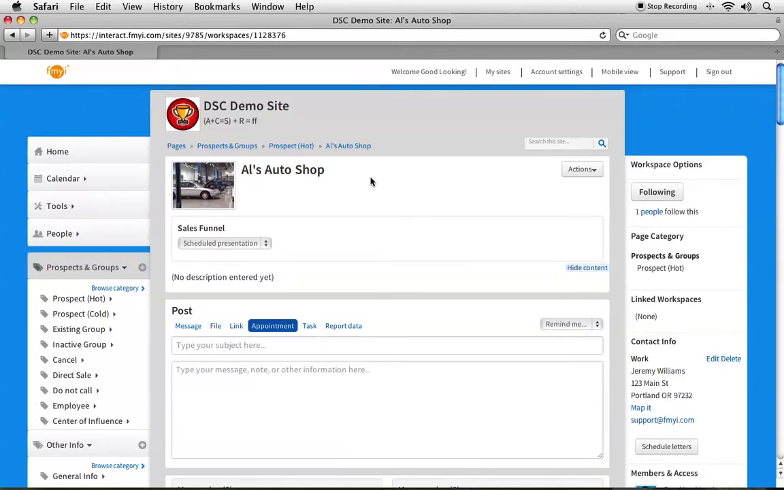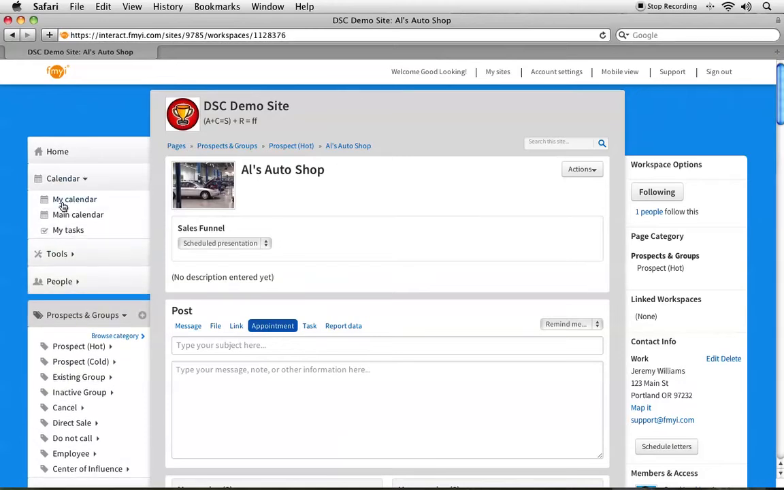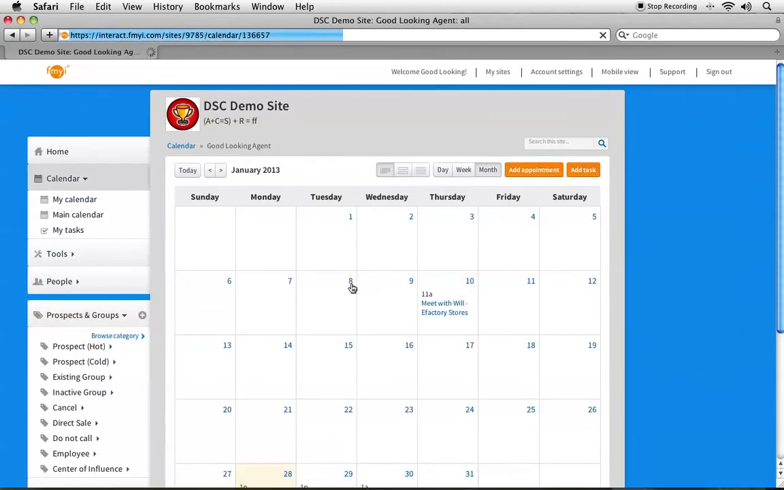The difference between FMYI calendars and others is this connection with the workspaces. If not, you just have a calendar with a bunch of events on it. This is a very valuable connection that DSCs and agents love. So I'm going to go ahead and go to the calendar and show you the event, how it shows up